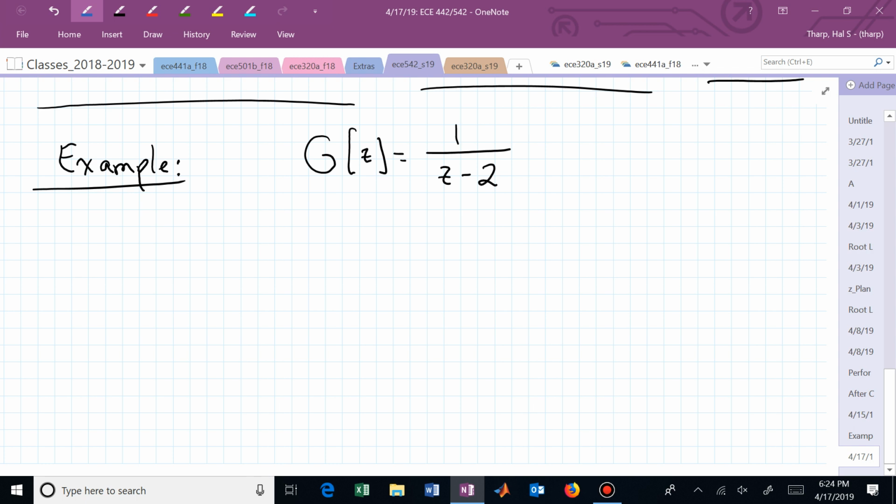At 2. It's outside the unit circle, and it's going to go 2, 4, 8, 16. It's going to go big in a hurry. It's exponentially growing. It's unstable, open loop. Can we stabilize it with a proportional controller in a unity output feedback configuration? Yeah, you can, right? This is just this.